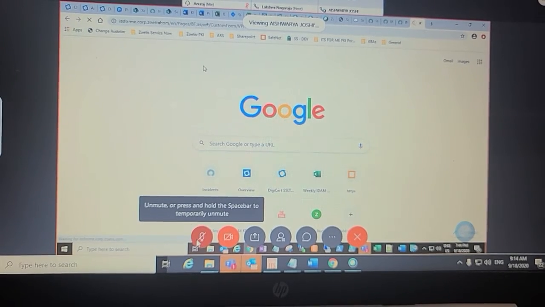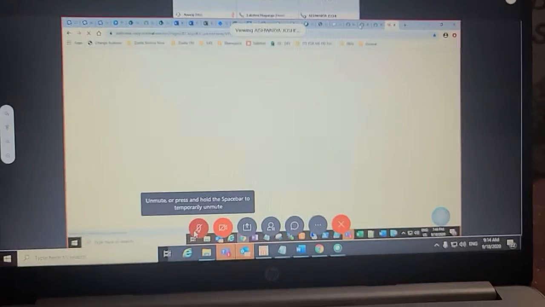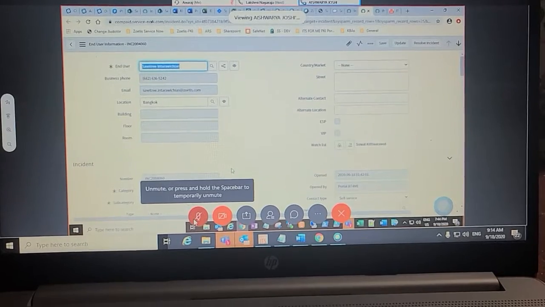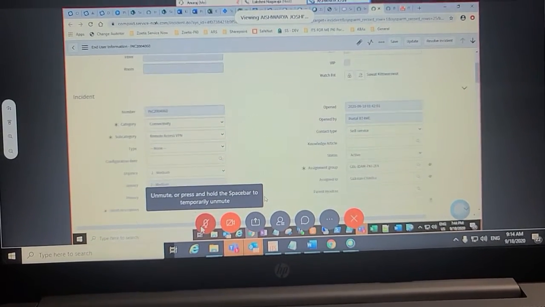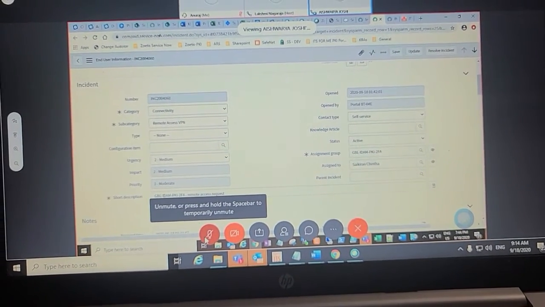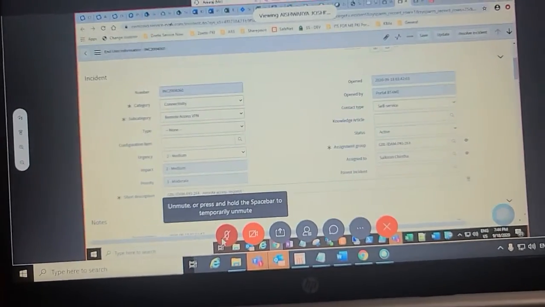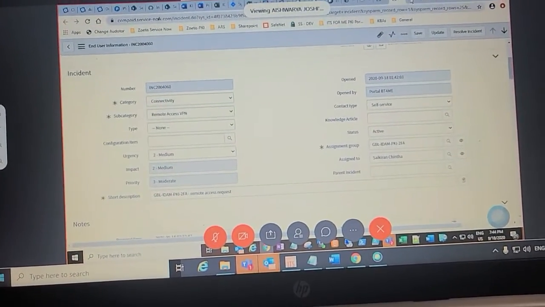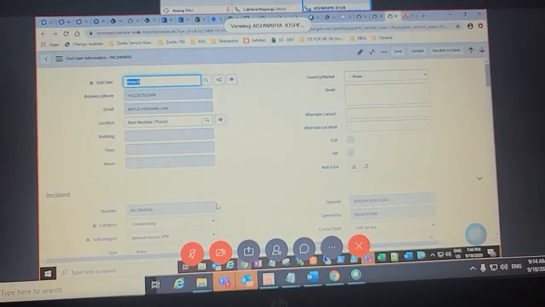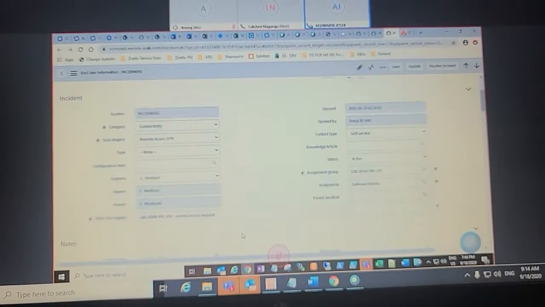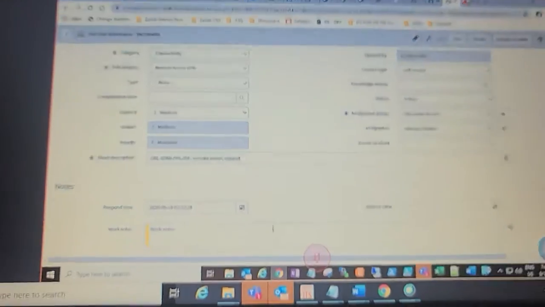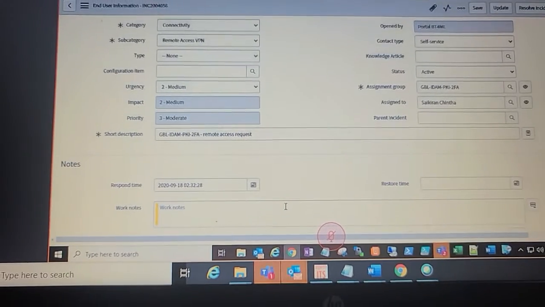If you log into the It's For Me portal, here you will see the same kind of short description, GBL IDAM to PKI2FA remote access request. And in this incident as well, you will see the same description. Why? Because this request is not submitted manually.